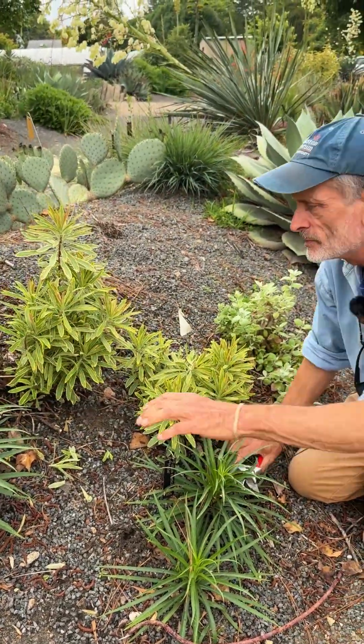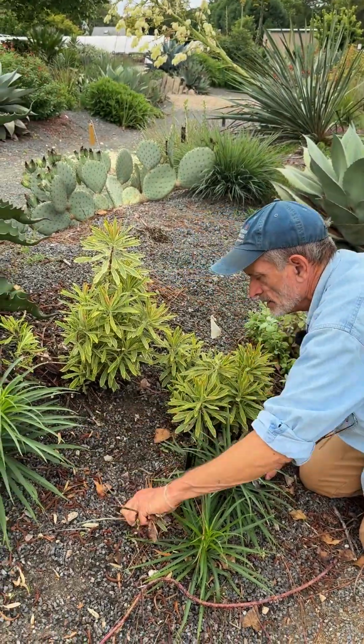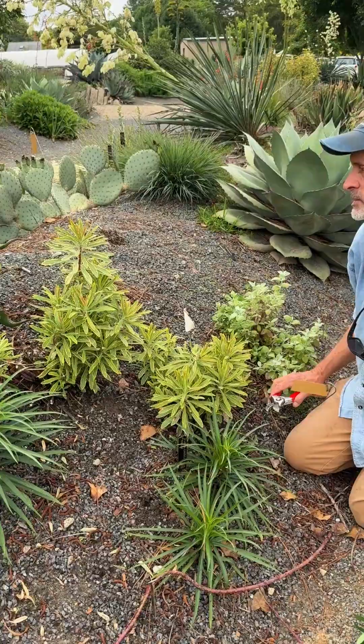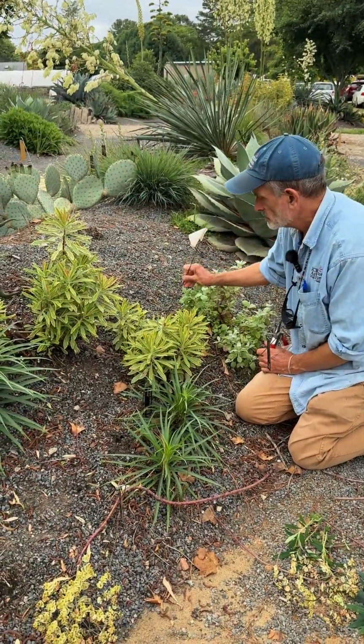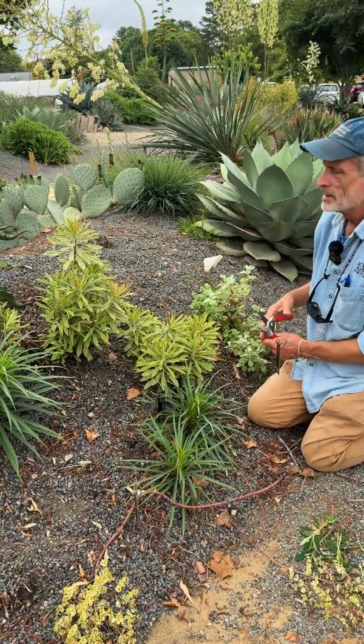But now both of them are cleaned up. So that's all there is to cleaning up one of these spring blooming euphorbias. And this one is